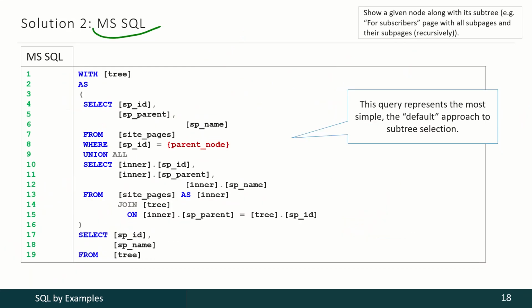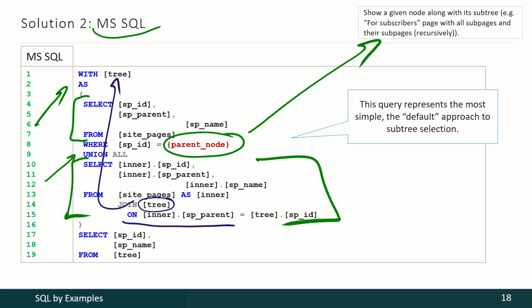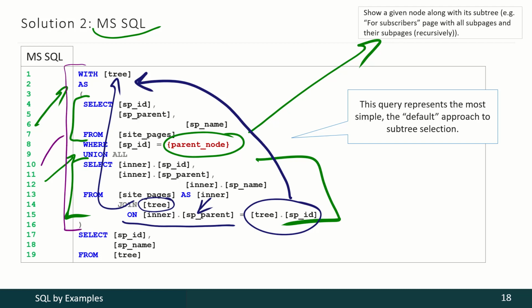With Microsoft SQL Server we shall use the classic, the simple approach, the recursive common table expression. Once again, here is the initialization part, and we have to pass the ID of the parent node, then we use union expression, and then we use the recursive part. And inside the recursive part we are joining the result with that tree itself, telling the DBMS to search for all children of each node already presented in the results of that common table expression. And finally, once the common table expression execution's results are ready, we only have to select them.